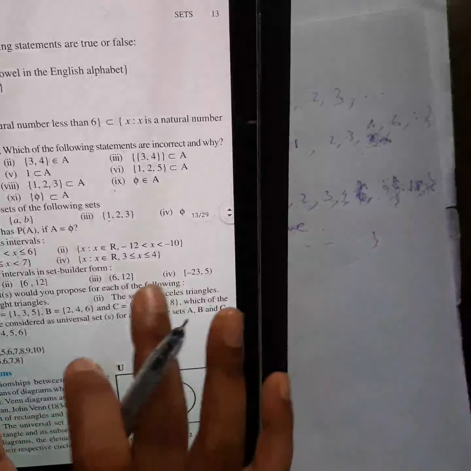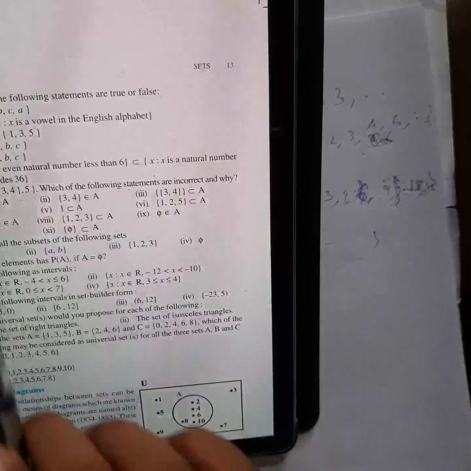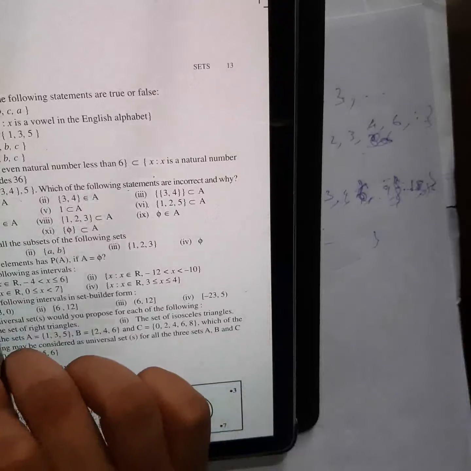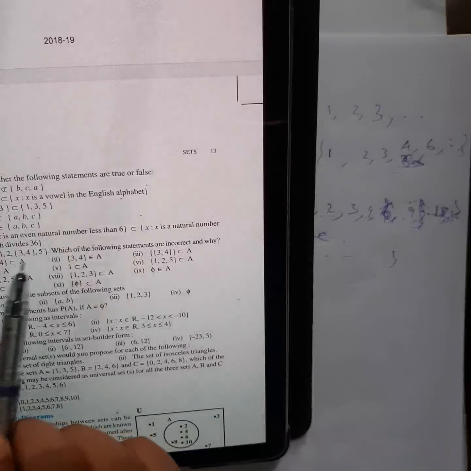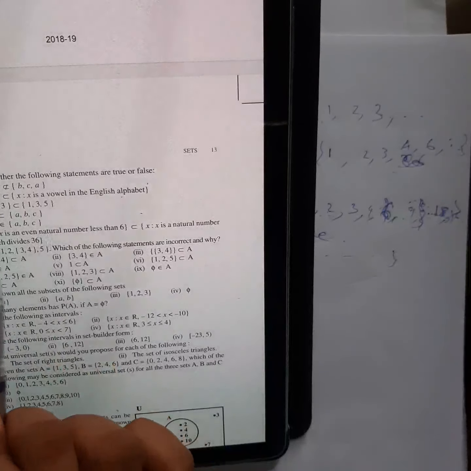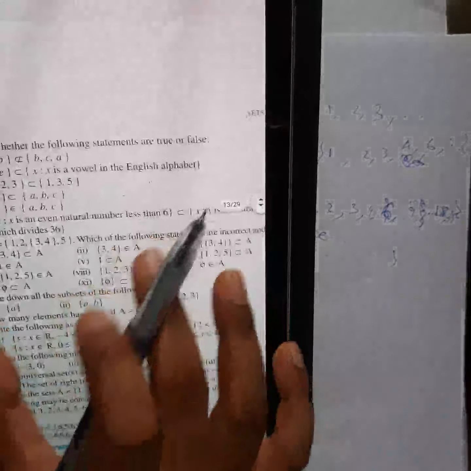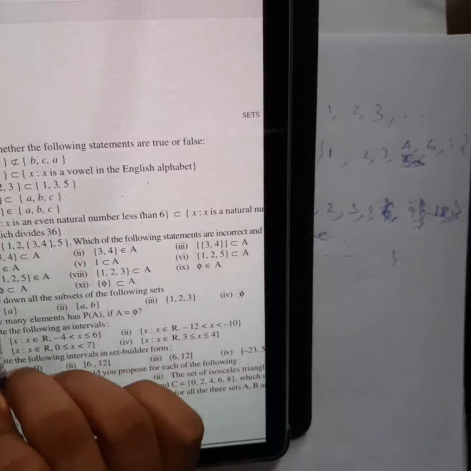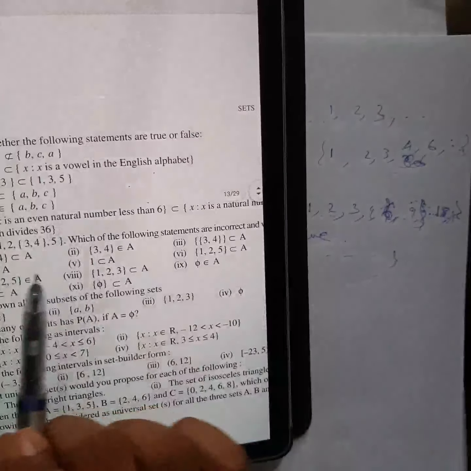Number 3, I think you can do all these questions yourself now, right? If you have understood the definition well, then you can easily do this question. Let A be equal to, but you have to be very careful with the symbols and all, okay? A is equal to 1, 2, see, this set itself they have written here as an element. So you can consider this one as a power set also. But anyway, this is not exactly a power set, because the elements are 1, 2, which they have given as a set only. Suppose this set itself is an element here, comma 5. So if I ask you how many elements are there, how many will you say?